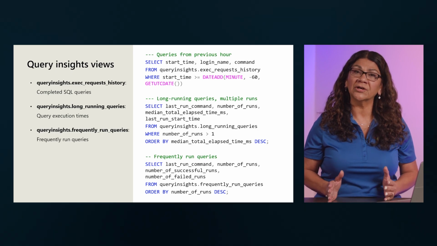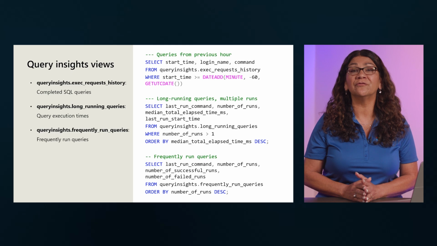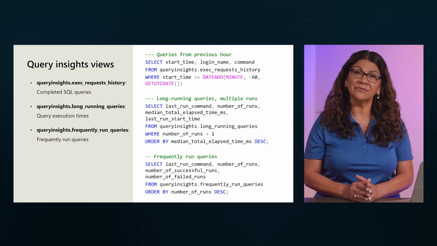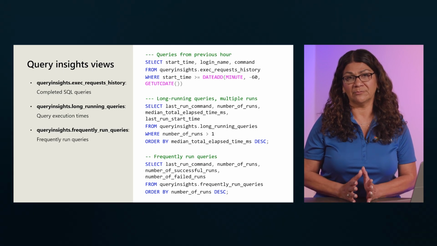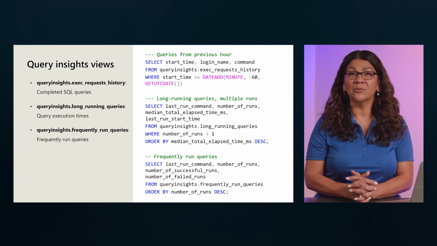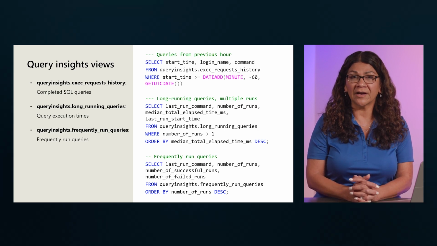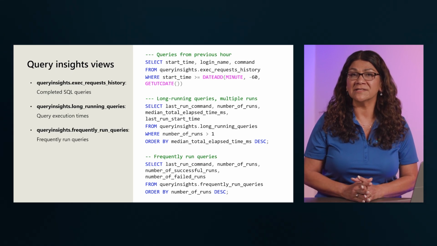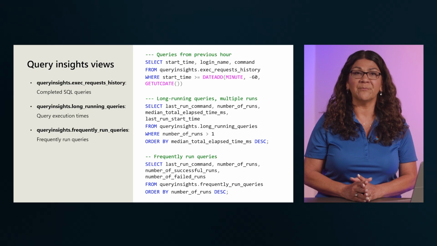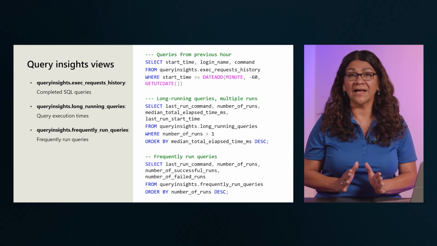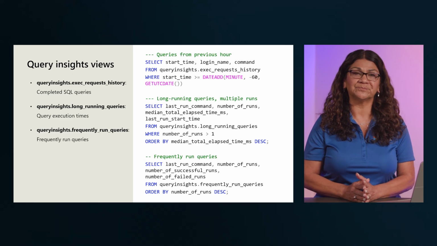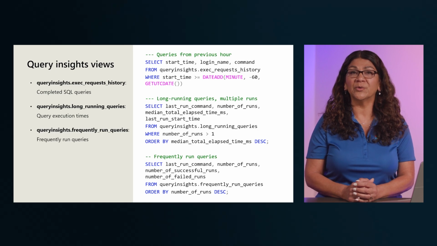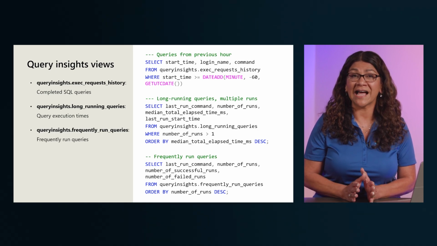Depending on the concurrent workloads, queries may take up to 15 minutes to be reflected in the Query Insights views. To enable the views to provide aggregated metrics, queries with predicates are parameterized and considered the same query if the parameterized statements are an exact match, which saves time by reusing the query execution plan. In our example here, you can see that we can query for queries from the previous hour using